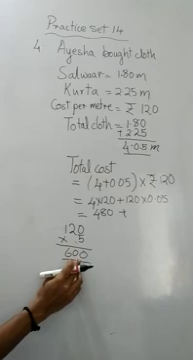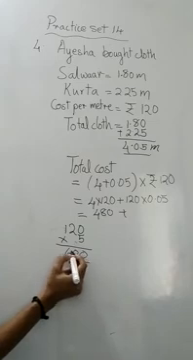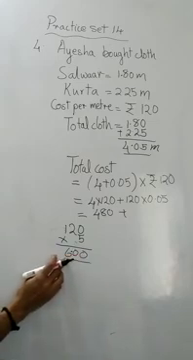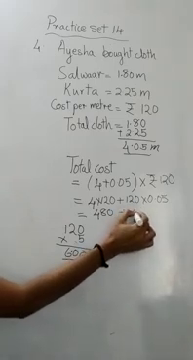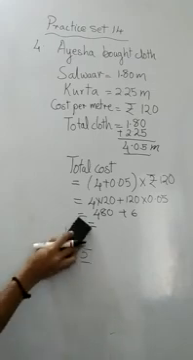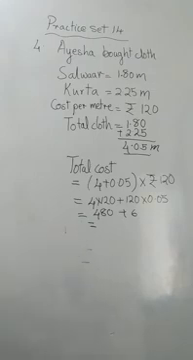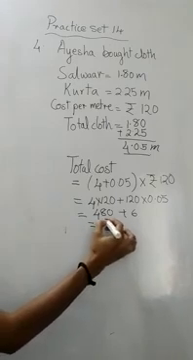120 into 5 you get 600. Then you will put these decimal places. How many decimal places? 2. So here you will put 2 decimal places. So what did you get? 6.00. What is 6.00? It is equal to 6, right? So at last what did you get as the answer? 480 plus 6. What is that? So the total amount will be